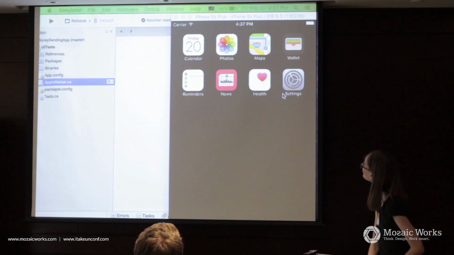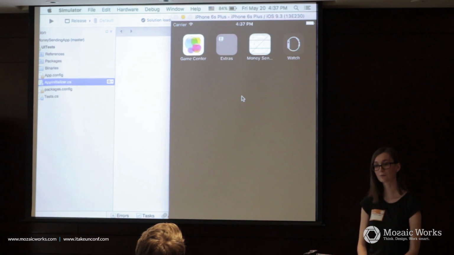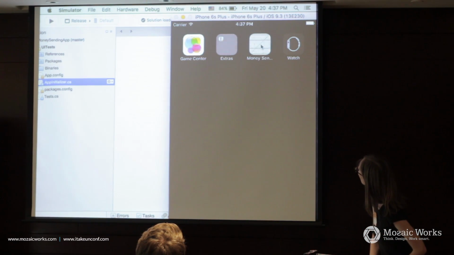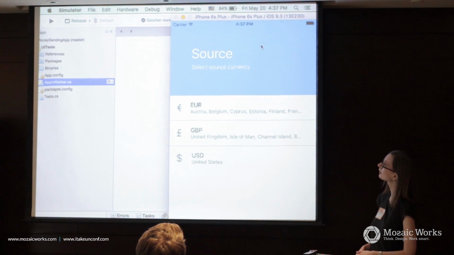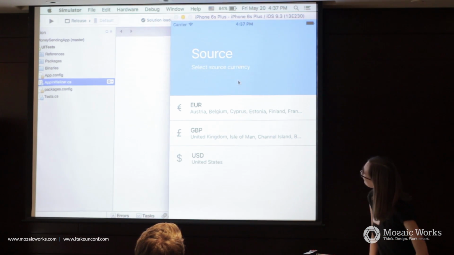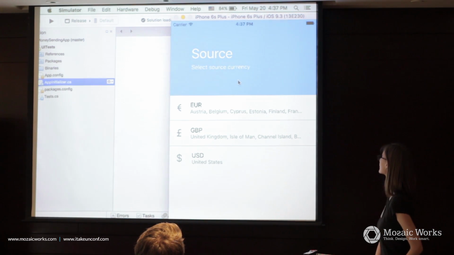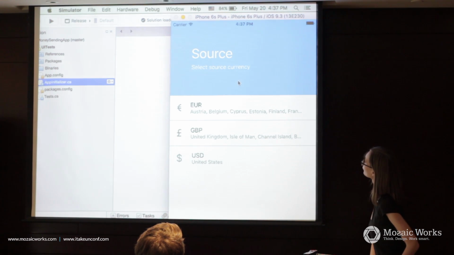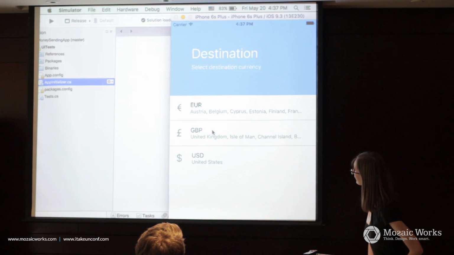Seems to be a bit complicated. So I already have an app that I built, and for this app we're going to create some UI tests. If you know TransferWise or Azimo, this is kind of it, and don't judge the name because I was under pressure. I want to send money from my local currency to a friend's local currency, and what I do, let's say I live somewhere where euro is used. I want to send money to my friend in the UK,